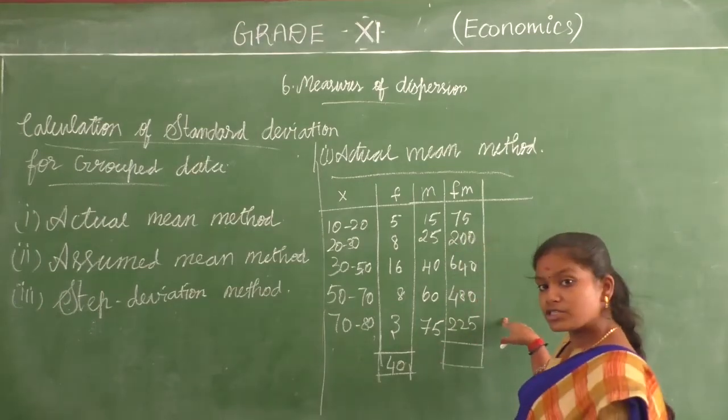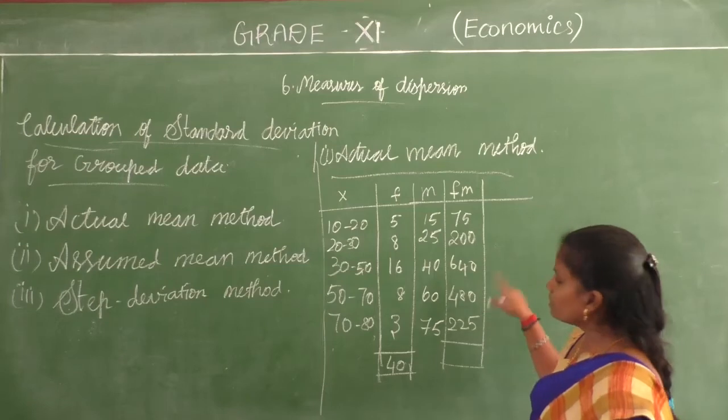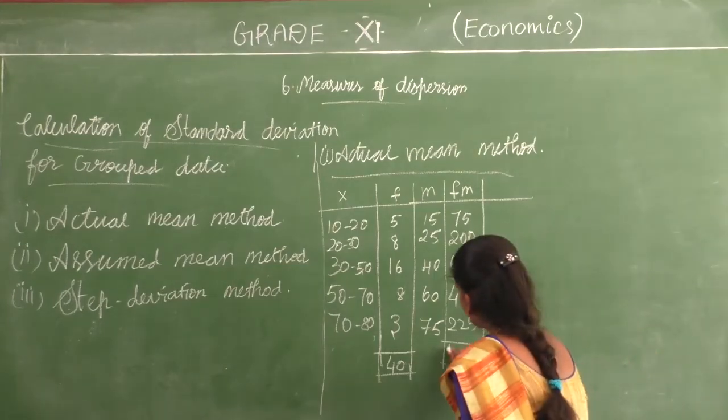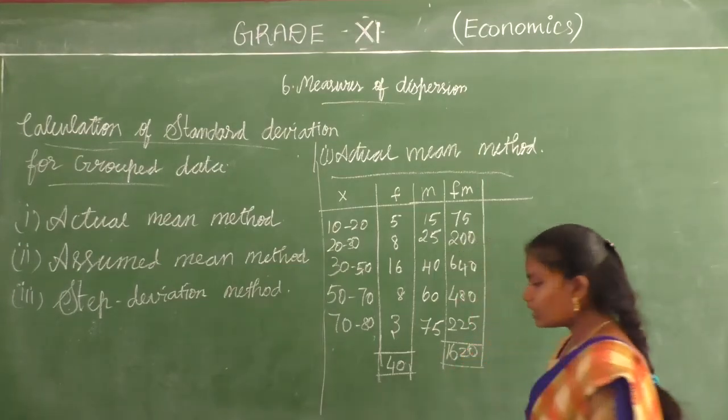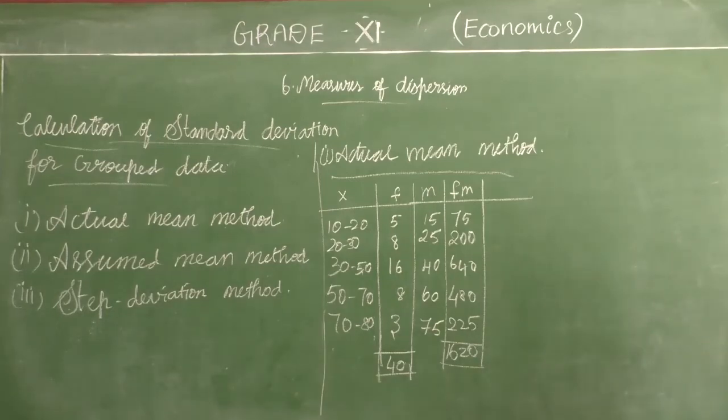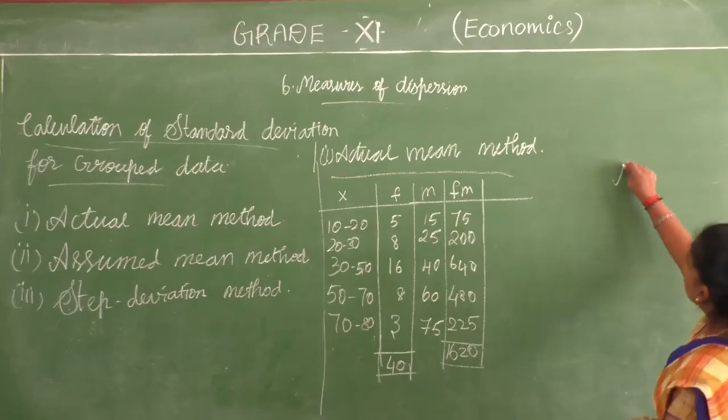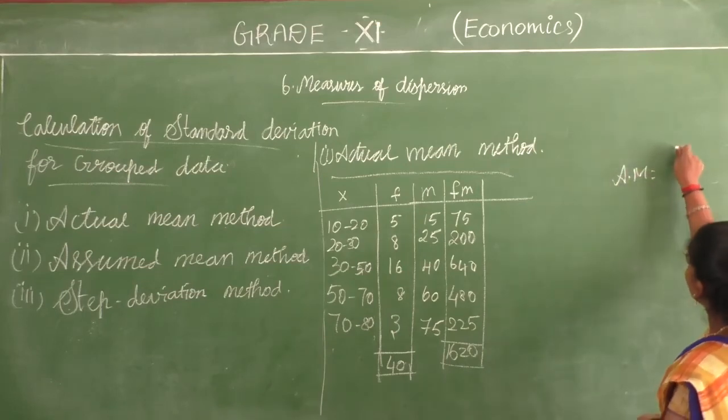Do you need your summation of FM, children? Yes, you need the summation, which will be 1620. What do you have to do first? Find your arithmetic mean. How will you find it? So arithmetic mean is equal to